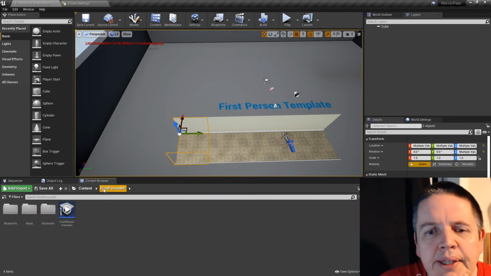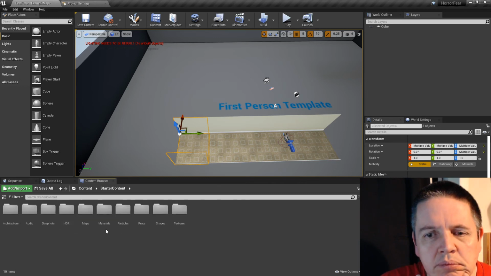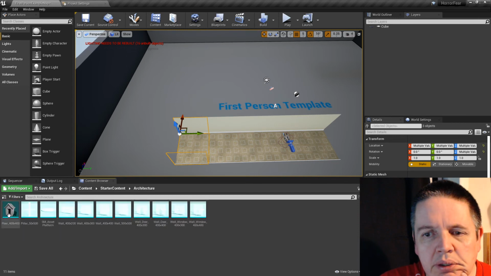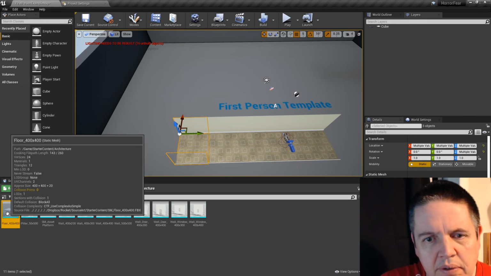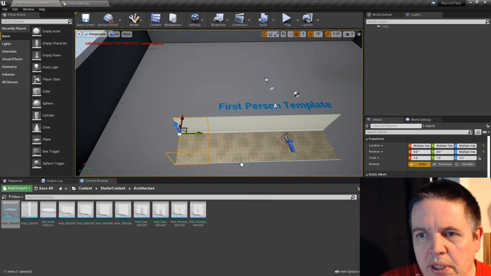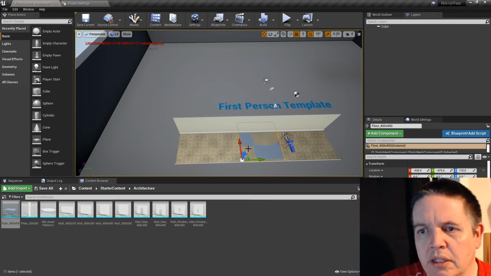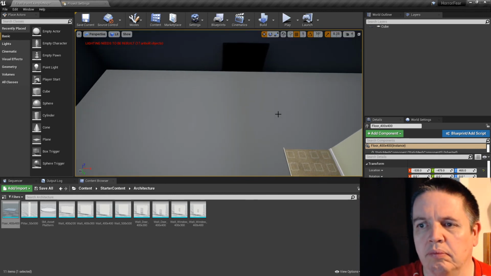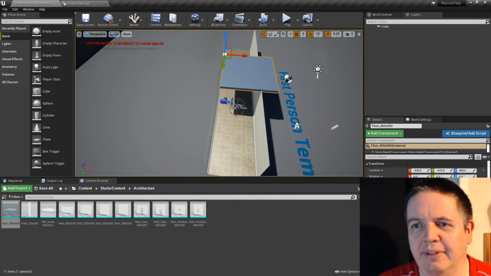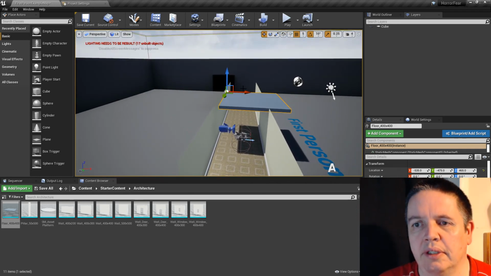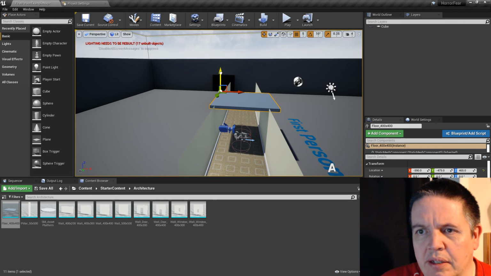Maybe what we could do is, I think there's some, we could use one of these as a ceiling, just for a floor. 400 by 400, that'll do. Look, we could maybe chuck that in there just so we've got a little bit of ceiling in there for now. And see what's occurring. Just drag it across there. That's our little ceiling,